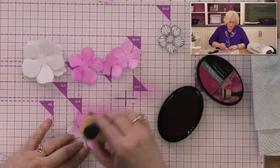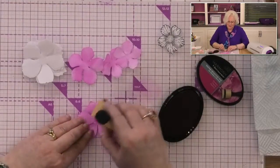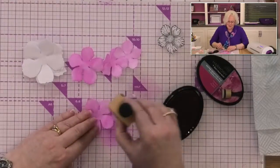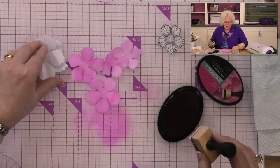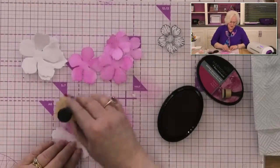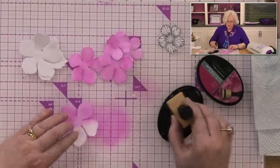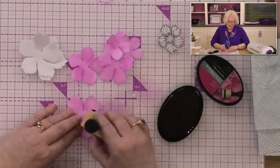So we've got a couple here. There we go. I mean, just look at that colour. I love this fuchsia colour. It's just one of my favourite pinks. It's so bright and cheerful. It really is. And then we'll maybe do just a couple of the big ones, I think. So here we go. So what I would do at this stage,